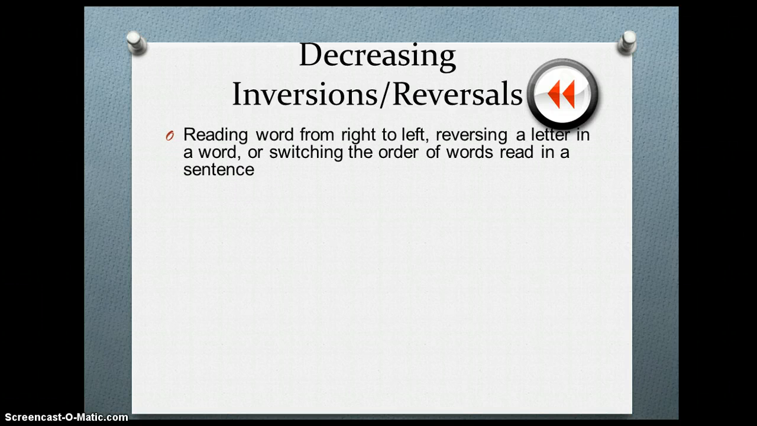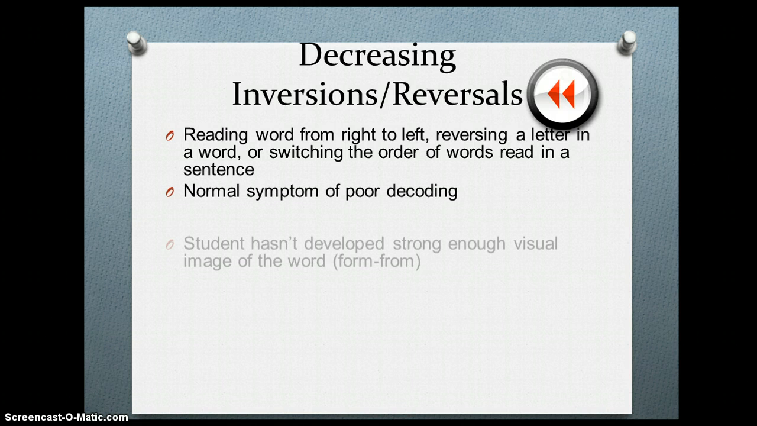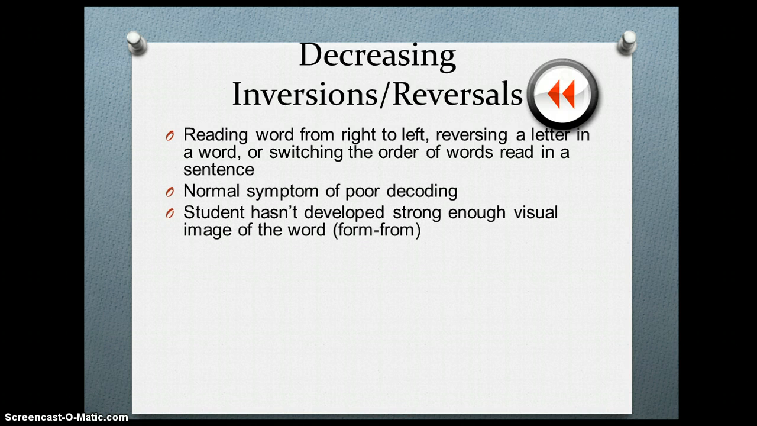Decreasing inversions and reversals. Reading words from right to left, reversing a letter in a word, or switching the order of words read in a sentence are all categorized as inversions or reversals. It's a normal symptom of poor decoding. The student hasn't developed a strong enough visual image of the word, for example, form and from, confusing those, inverting the two